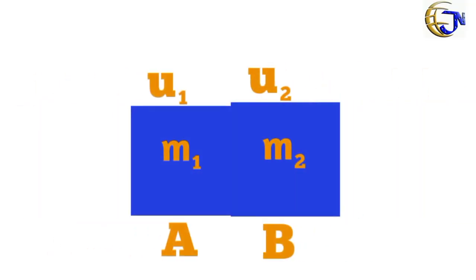The law states that in a closed system of colliding bodies, the momentum before collision is equal to the momentum after collision, provided no external force acts on the system. For colliding bodies in a closed system,